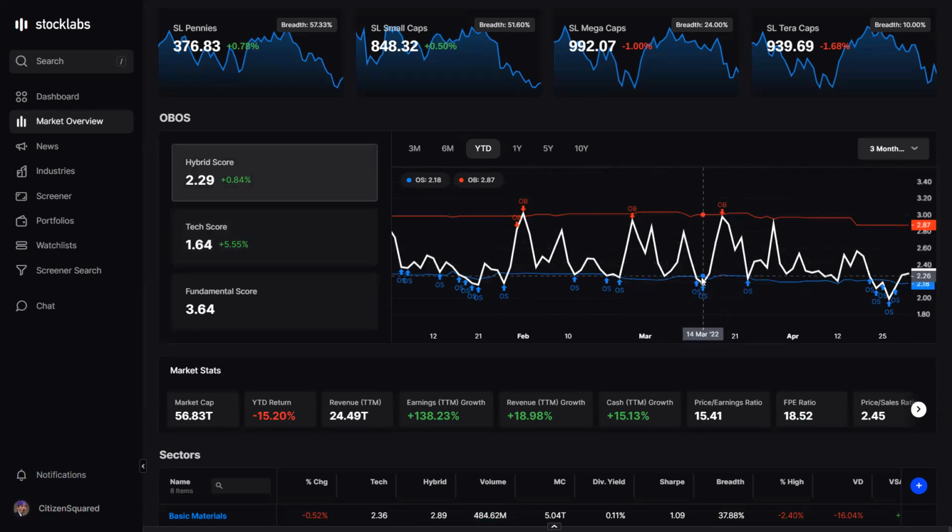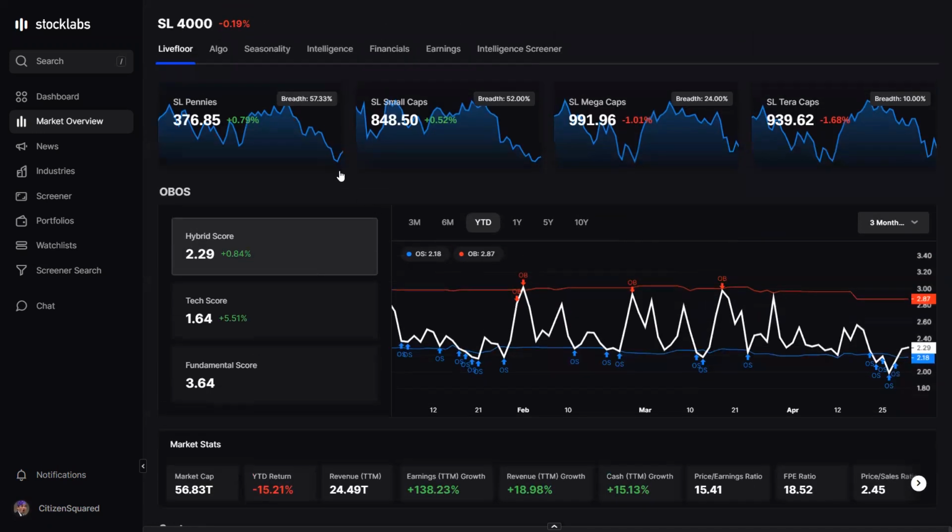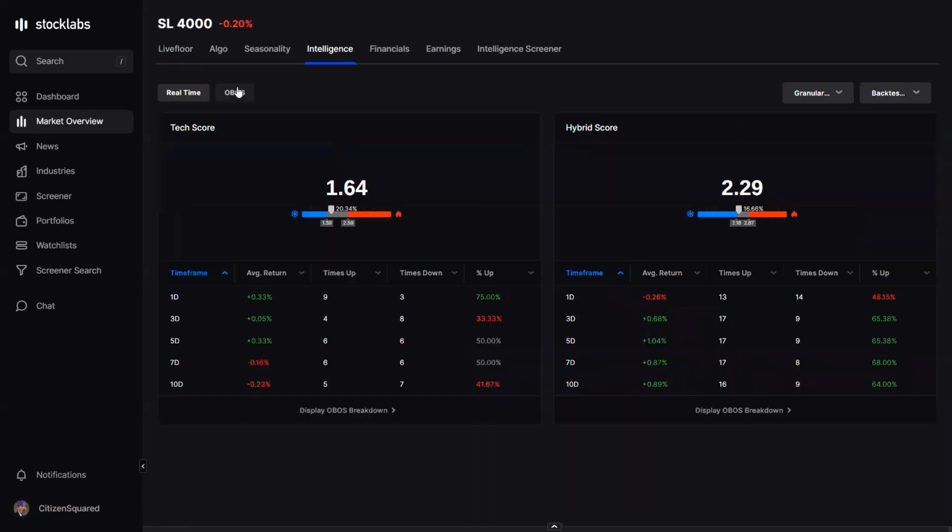Now, when the oscillator closes the day below, say, the oversold line or above the overbought line, that is what generates a signal. Sometimes this oscillator will dip below or above the threshold, but it might close the day back above it, which doesn't count for us as being oversold. So the market has to close with an oversold signal for it to be valid. Now, once you have a signal, you can see the statistics for that signal. We have all these back tested. So on the hybrid side here,